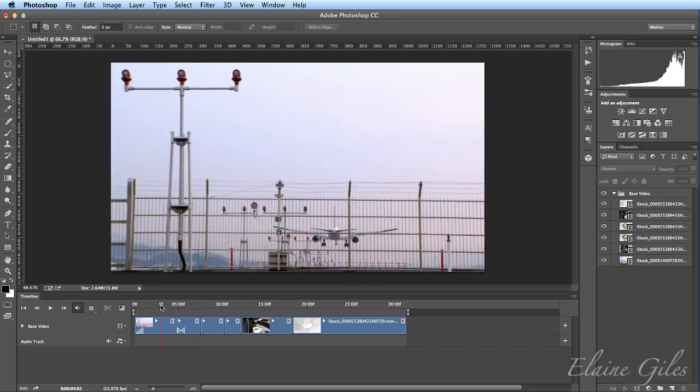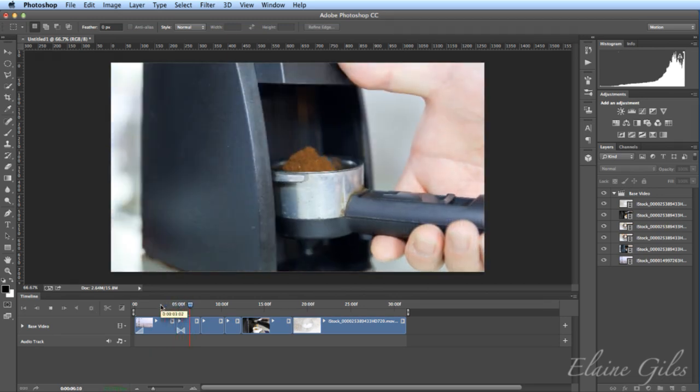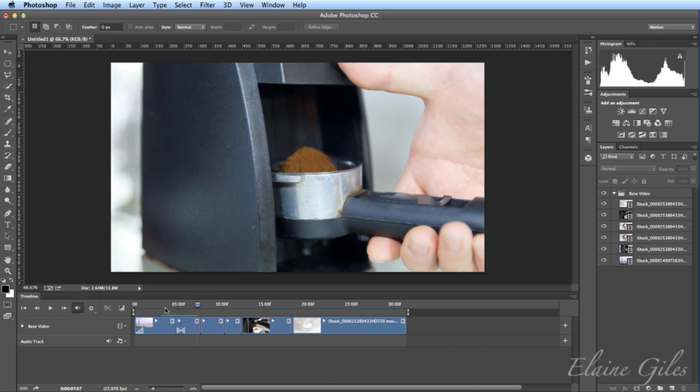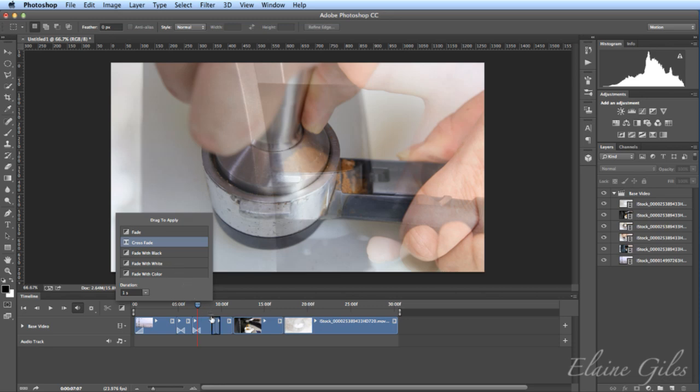So let's have a look what happens now as I play from the plain to the beans. And it's a nice gentle fade between the two. And throughout the timeline, I'm going to do that with the rest of them. So it's just a matter of clicking on here and choosing the crossfade and dragging that over and just repeatedly